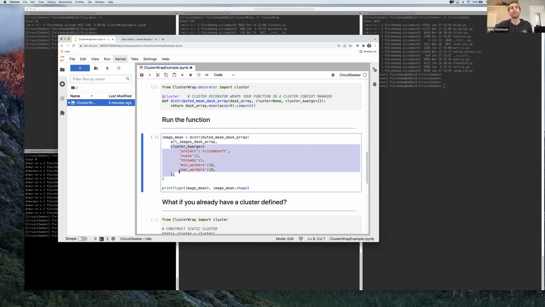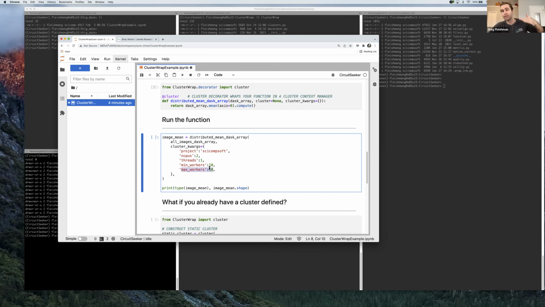In scientific computing, we have to bill everything we run on the cluster to a specific project. If you're in a research lab, you probably don't need this line because by default, all of your cluster resources will be billed to your lab. But then, like I said, each worker will be made out of, in my case, 2 CPUs and only be allowed to run 1 thread. And I'm saying the minimum number of workers you're allowed to have is 10 and the max is 10. So I just want a cluster that has exactly 10 workers,